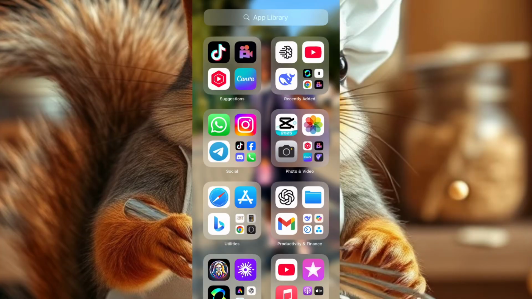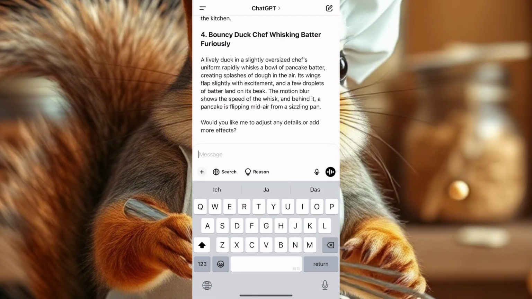Let me teach you how to do this in a few seconds. Let's go. Okay guys, first things first, you go to ChatGPT. When you get to ChatGPT, you type this particular prompt. Please give me motion prompt